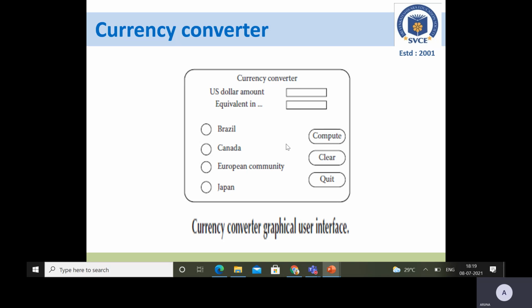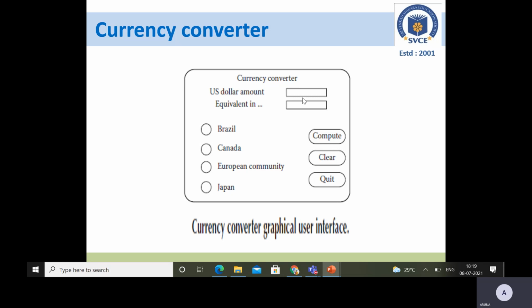For the equivalent currency amount, either before or after currency selection, the user inputs an amount in US dollars. Once both tasks are completed, the user can click the compute button, or the clear button or the quit button.